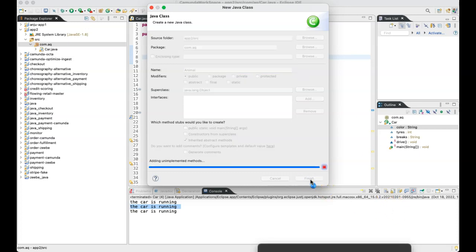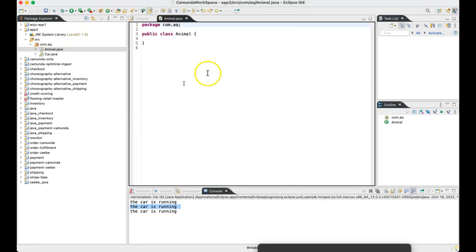Let's say we have created a class called animal, and animal has string, or let's say integer limbs.